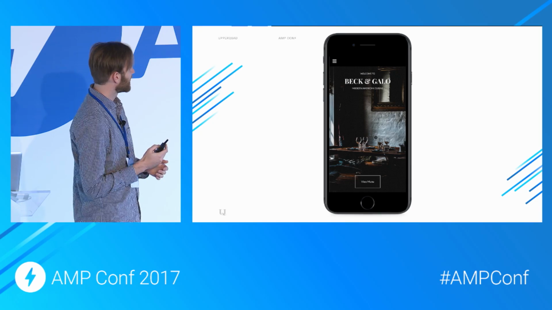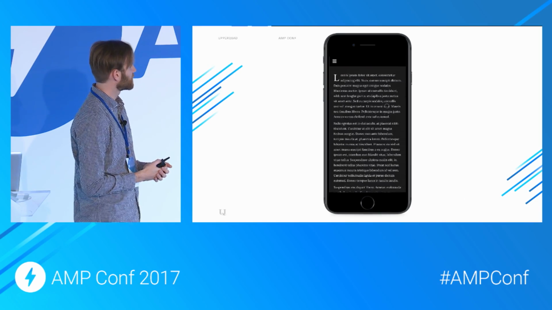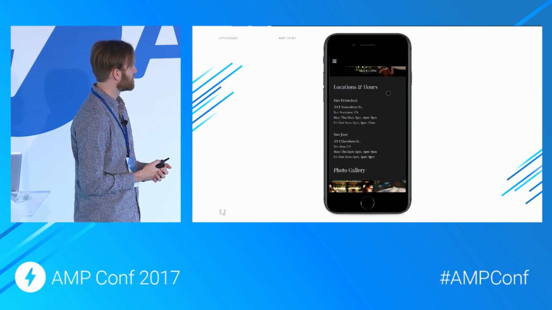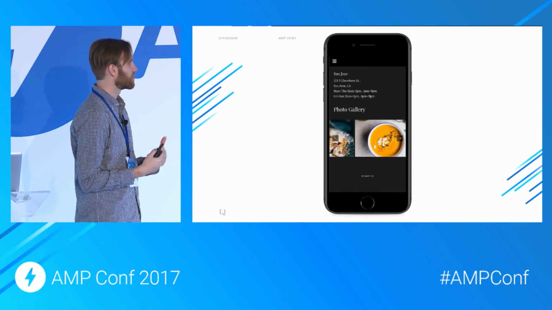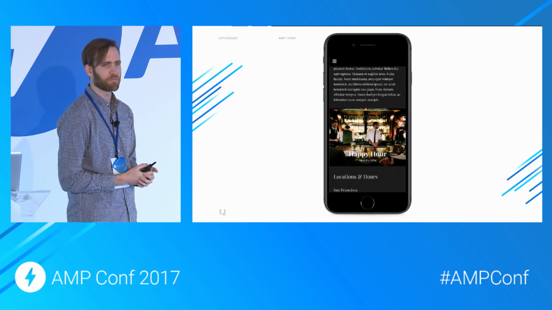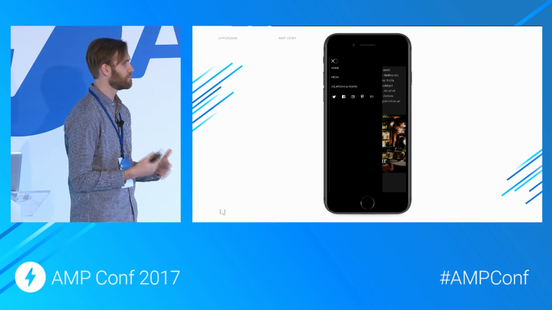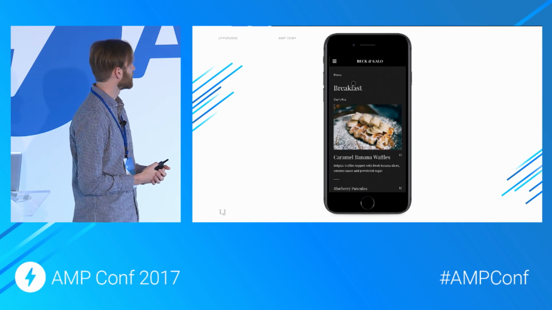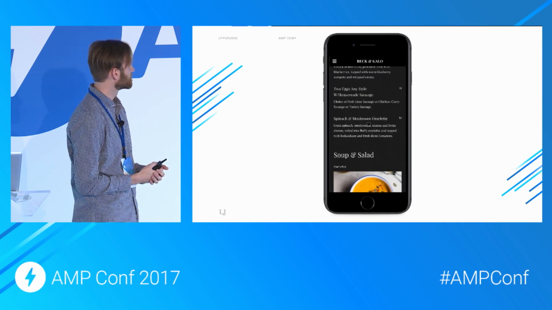Here's an example of something that we built that's up on the site that you can check out too. This is an example of a more opinionated type of site that you can get. Notice that it looks totally different than the other templates, but has a lot of the basic affordances in there that are common on the mobile web.